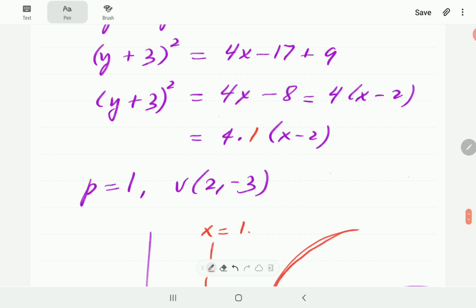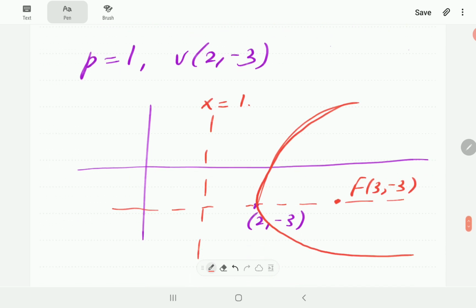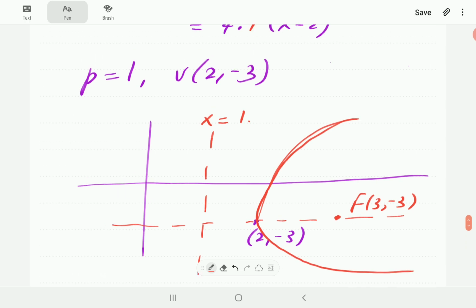2, -3 is in the 4th quadrant. Since it's the y that is squared, then the axis of this curve is horizontal. The focus is going to be a distance of 1 from the vertex horizontally, and the directrix will be this side. Okay,